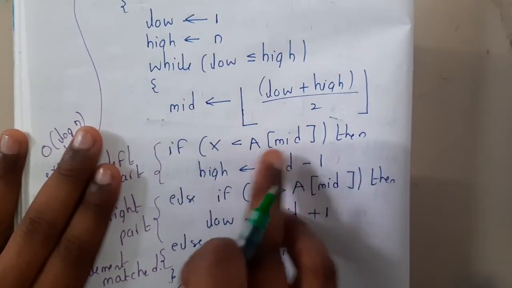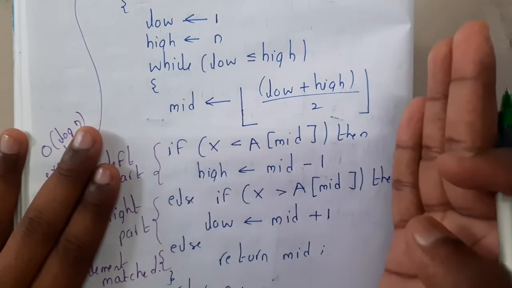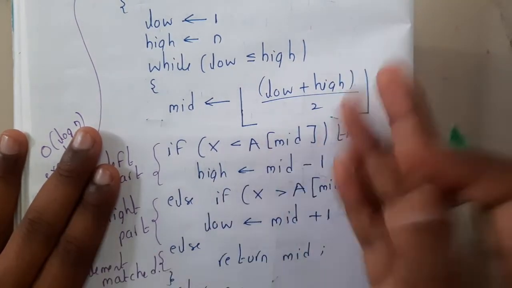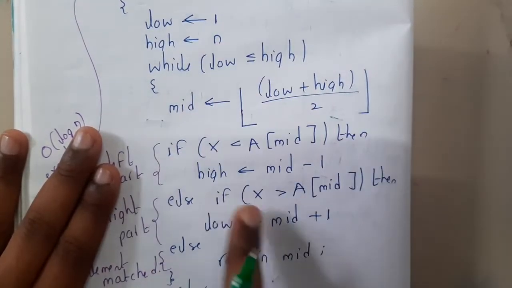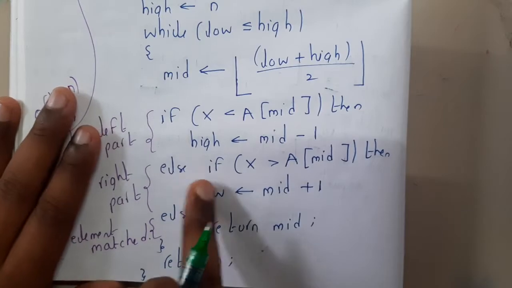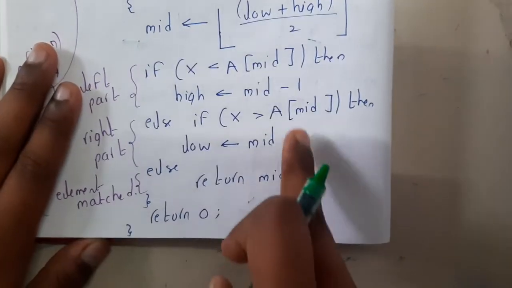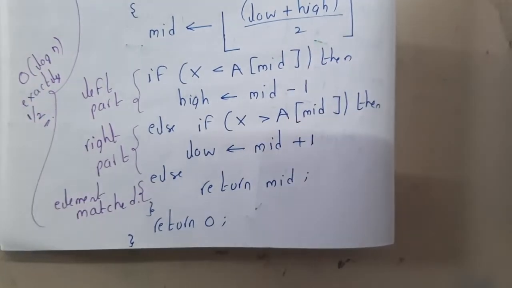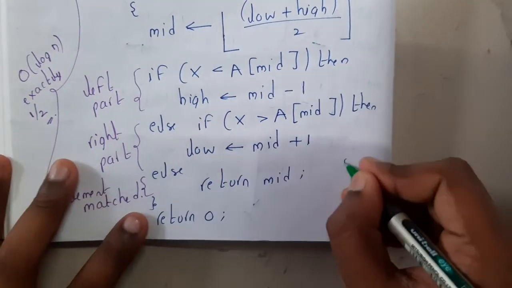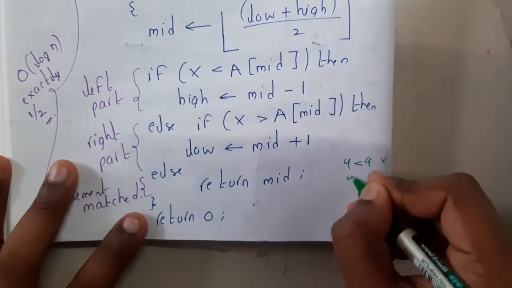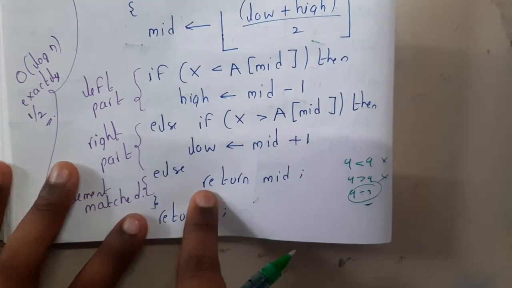If the middle value is greater than x, means what is the thing, guys? Sorry, if the middle value is greater than x, you need to move the high pointer, so high is moved to mid - 1. Simple. If it is not that case, it will come to low = mid + 1. So if it is neither greater nor lesser, means 9 less than 9 is false, 9 greater than 9 is false, 9 equal to 9 is the remaining case, right? So that's the reason why we'll return middle.